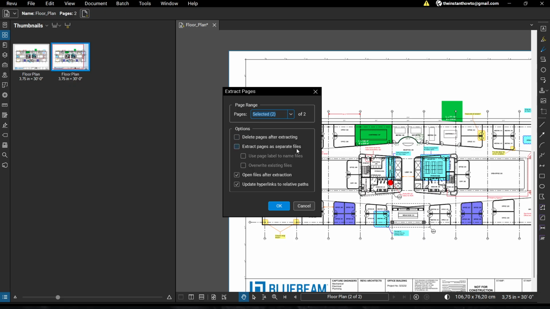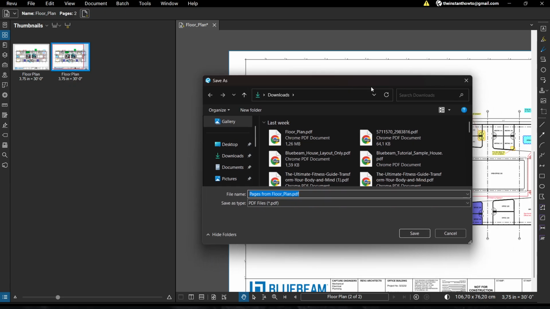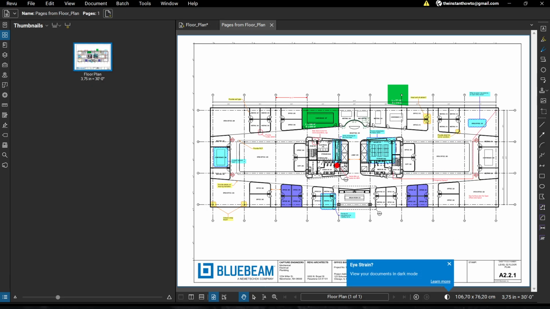You could delete it after extracting, you could extract them as separate files, and then you have a bunch of different additional ones over here as well. And you can just click on OK, and it's going to extract. It's going to ask you what you want to name this. So I want to name it like this. I'm not going to change it. You have to select where you want to save it, click on Save, and you've successfully extracted pages over here from your PDF in